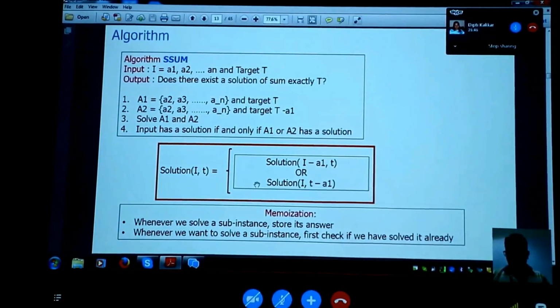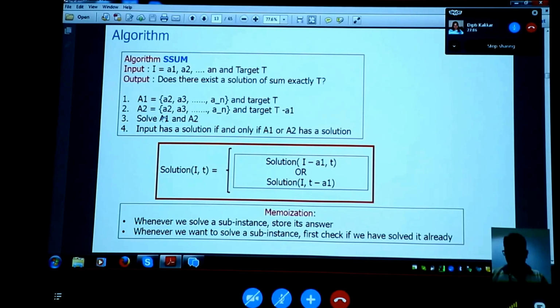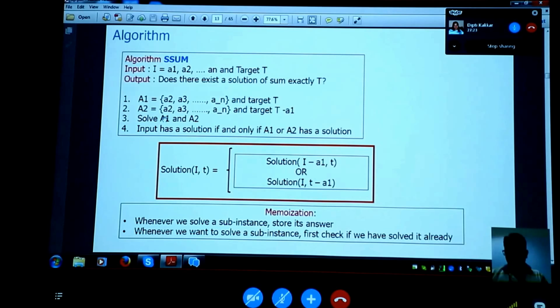Okay, so now we can take this recurrence relation and blindly memoize it. Which means that before you start solving an instance recursively, like in this A1, you go and check whether you have already done it or not. Before you do anything, just check, have I done this before? If so, don't do it again. You have already solved it. Reuse it. And similarly, whenever you solve the problem, store that answer somewhere so that you can reuse it later. So using that, you can blindly memoize this algorithm if you want.